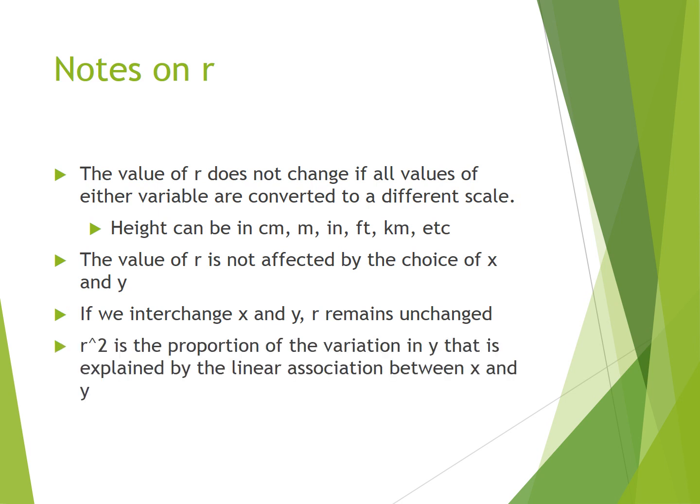Now, R squared is actually taking the value of R and squaring it. That is known as the proportion of the variation in Y that is explained by the linear association between X and Y. So let me give you an example that I often give to students. This comes from an actual study. Suppose I look at the association between the number of beers that someone drinks and their blood alcohol level. Well, it turns out there is a moderate linear relationship between the two, a positive linear relationship. So as the number of beers goes up, the